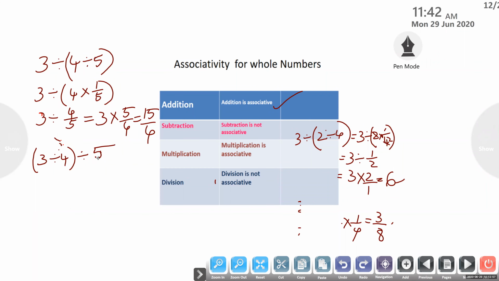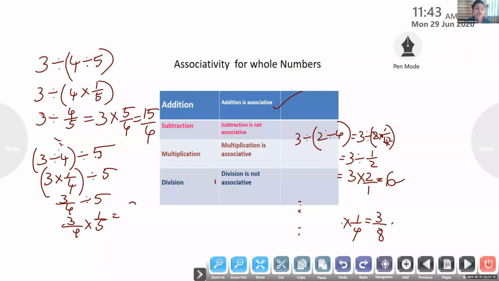Divided by 5. So 3 into 1 by 4. First, division we will convert by putting the reciprocal. 3 into 1 by 4 divided by 5, that is 3 by 4 divided by 5. That is 3 by 4 into 4 into 1 by 5, which is 3 by 20. Are they equal? No. So division is not